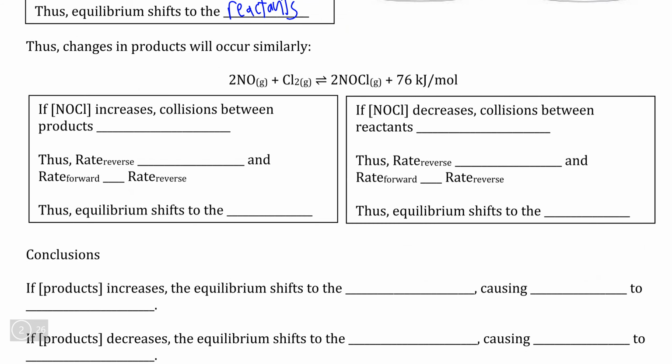Technically, we can analyze changes to the products in the same way, and again, this would basically be the mirror image of what we were to do with the reactants. For example, if we were to increase the concentration of this molecule here, that would mean that the number of collisions between product molecules is going to increase, and since we haven't modified the reactants in any way, we have a situation where our reverse reaction rate increases because of the greater number of collisions, and now the reverse reaction rate is greater than the forward reaction rate, and therefore our equilibrium shifts in favor of